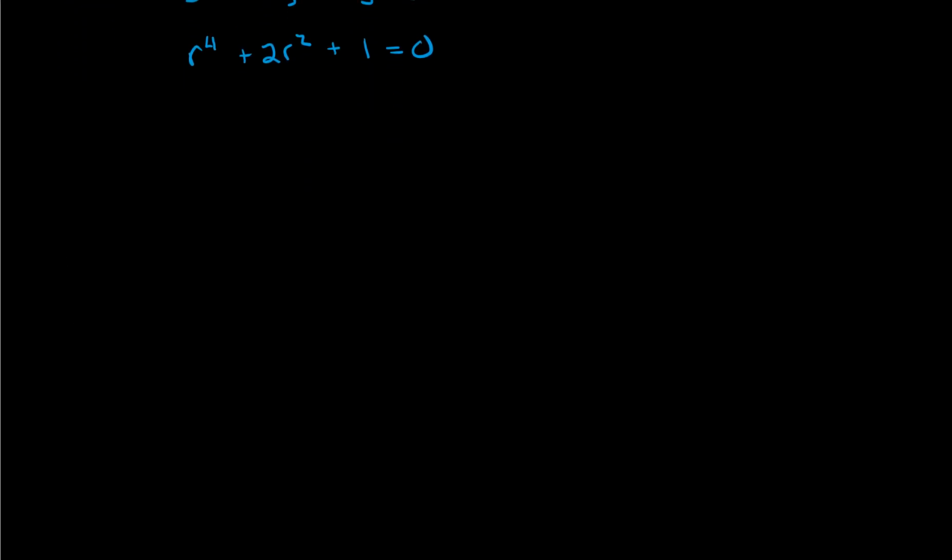Well, this will factor. This factors into (r squared plus 1) squared equals 0, which is going to give us r squared plus 1 equals 0, which then, if you solve for that, is going to give us r equal to plus or minus i. We're going to use the same idea of the general solution using repeated roots. And what we're going to wind up with this time is y is equal